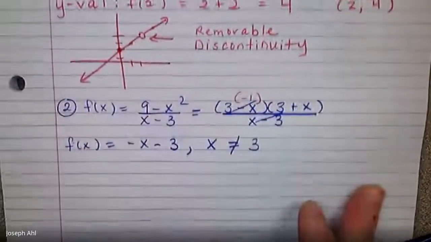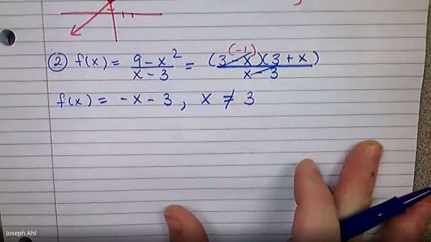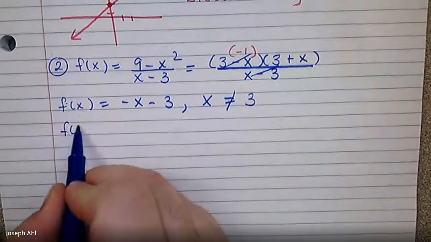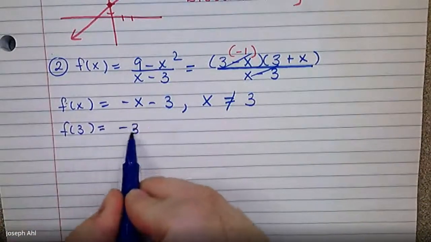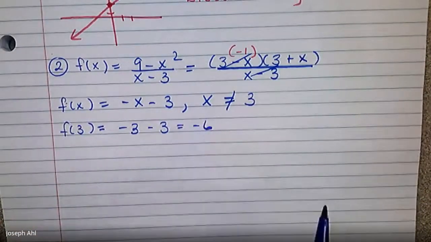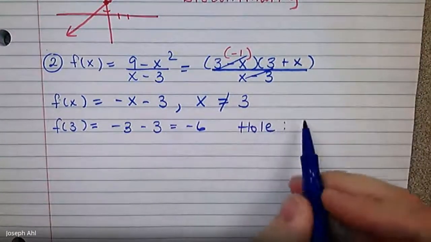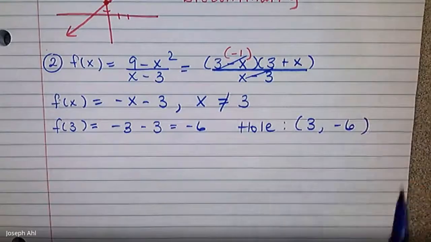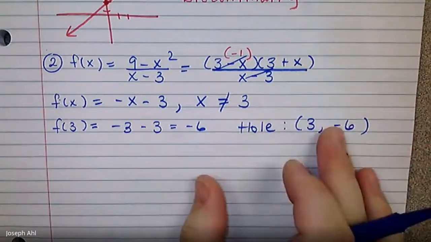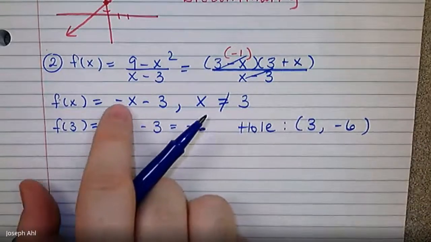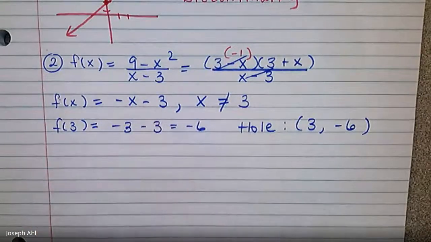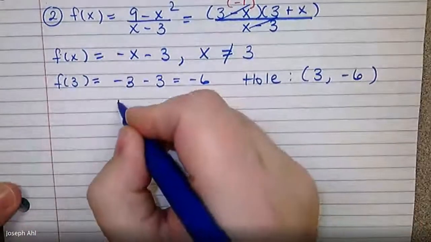Okay, so this is a hole at x equals 3. And if I plug 3 into the function, f of 3 would be -3 minus 3, which is -6. So the very specific coordinate where the hole is would be the point 3, comma, -6. Now that I know that, I know, again, this is a line with a slope of -1 and a y-intercept of -3. So if I go to make my sketch,